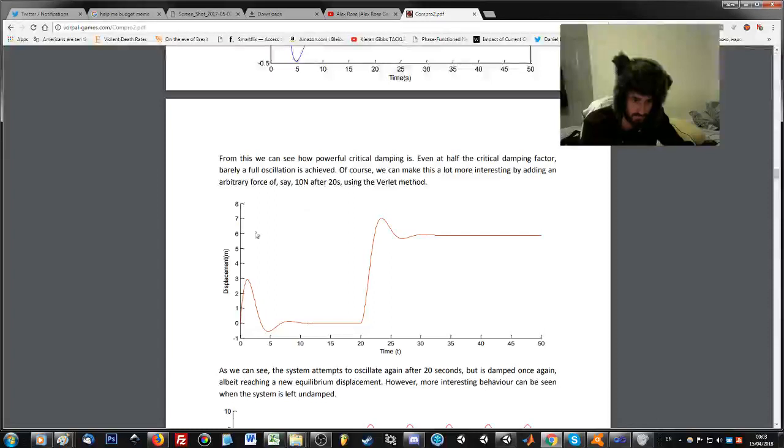But if you see this thing, this is like, I've got a force and then I tell it to go to this force. So it's pretty much exactly what you do in a game, right? You'd be like, oh, I want you to move at 0. Oh, no, I want you to move at 20. And you can get there by telling it to